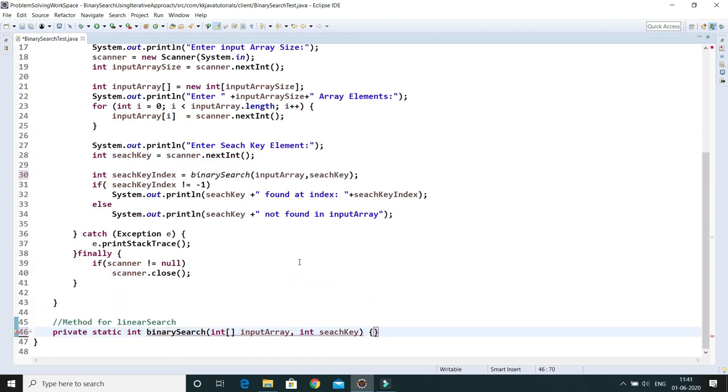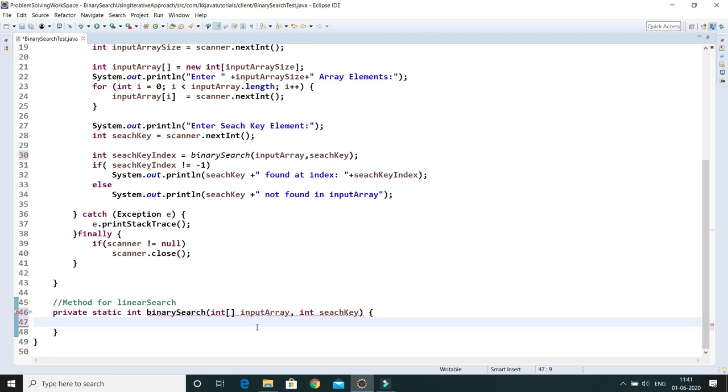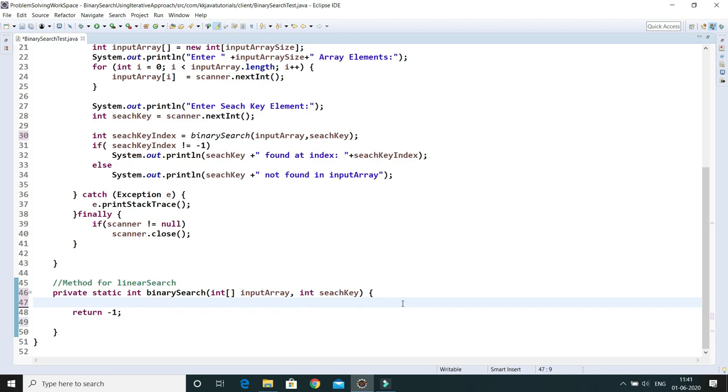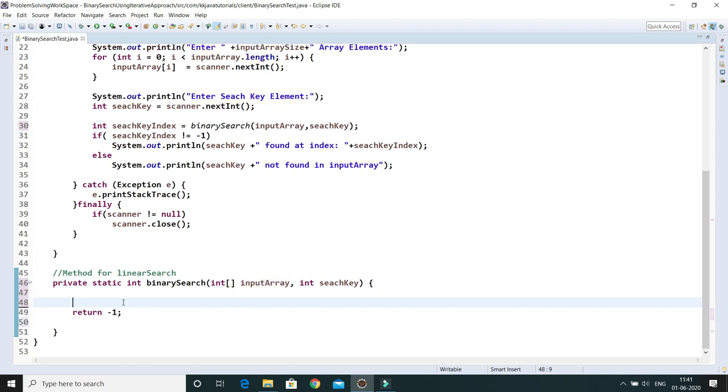First of all, I'm going to remove all that code and just add a return statement, returning -1. That would be the case when we do not find the search element within the input array.